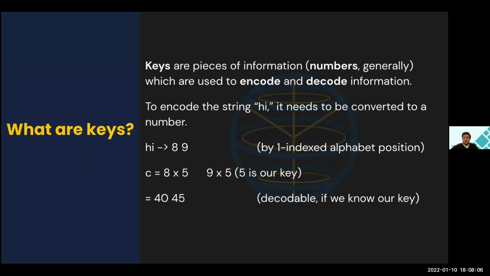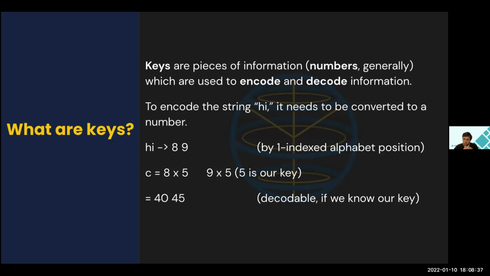So first off, what are keys? Well, keys are pieces of information, almost always numbers, that we can use to encode and decode information that we want to transmit securely. So for example, say we wanted to encode the string hi. We tried to tell someone hi, but we don't want other people knowing we're saying hi to them. So we need to convert it into a number. There are many ways to do this. You can use ASCII and take that value, or you can use your own system, but